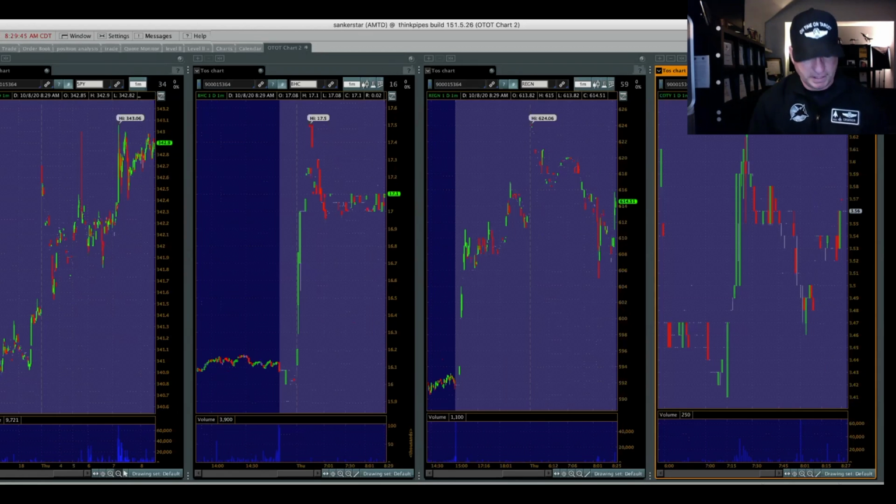OT trade of the day. 4 screens in front of you. We have the SPY off to the left. We have our favorite long, BHC, on the left, Regeneron long on the right in the middle, and Cody long